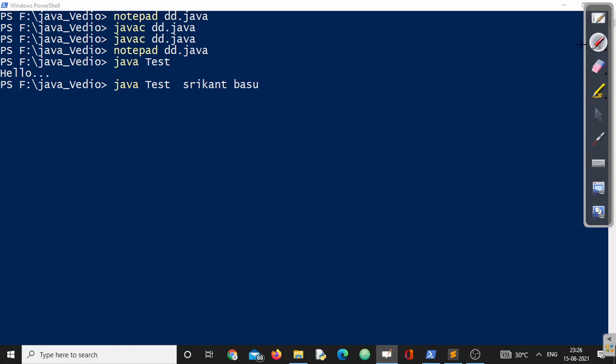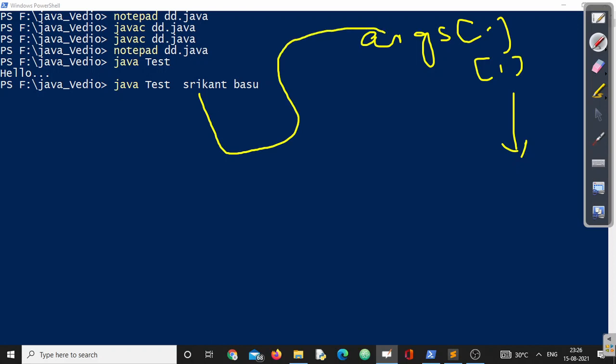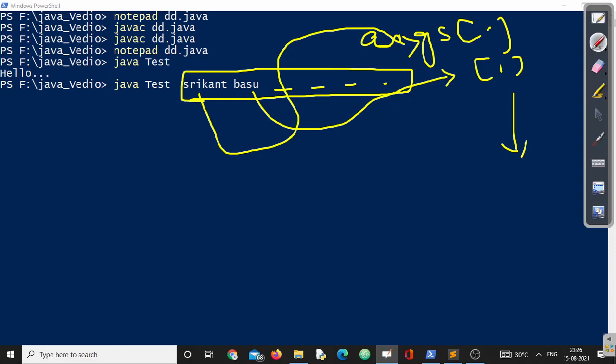Since args is an array of strings, we can have args of 0, args of 1, like that. The first value will go to args of 0. The second one will go to args of 1, like this. So I can happily pass a number of arguments from the command prompt, right? This is what is called a command line argument. I hope all of you could understand this particular point.